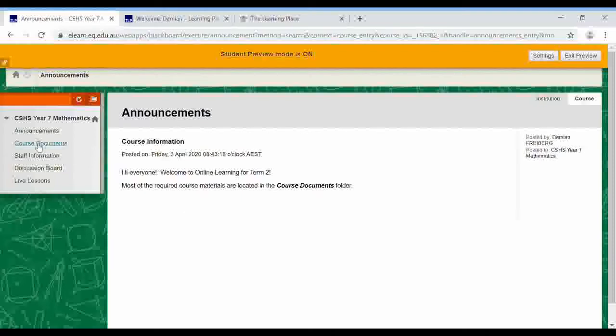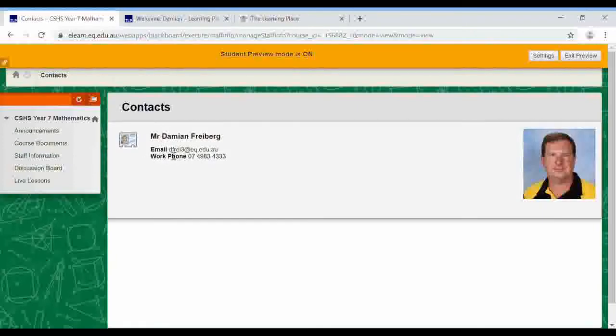Course documents is probably the biggest one, and I'll come back to that very shortly. Speaking of emails, if I click on staff information, there's my email address right there. So you'll be able to send me an email, and that's probably the easiest way that you'll be able to contact me this term. If you have any troubles or you can't get a hold of me via email, please give the school a call,